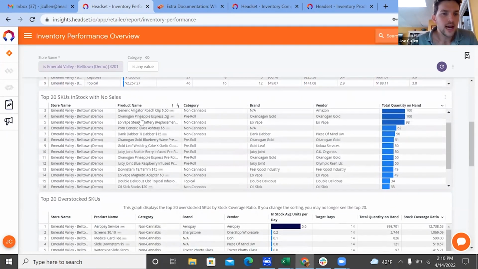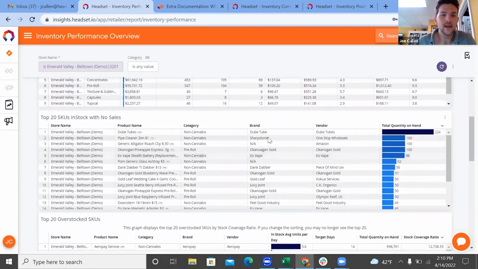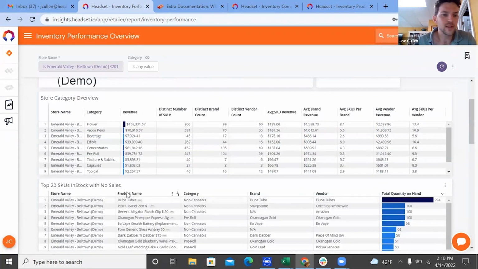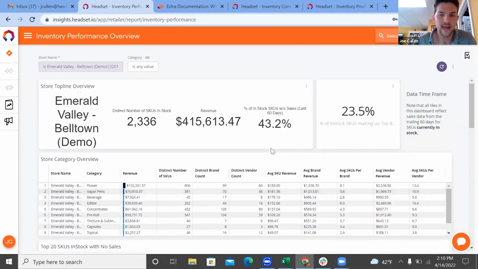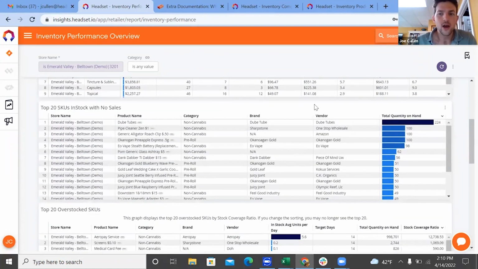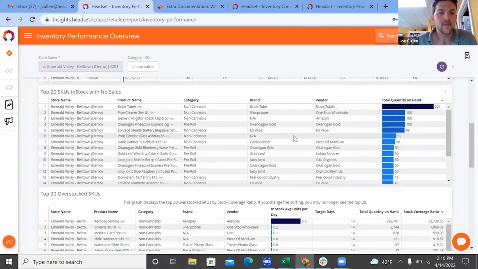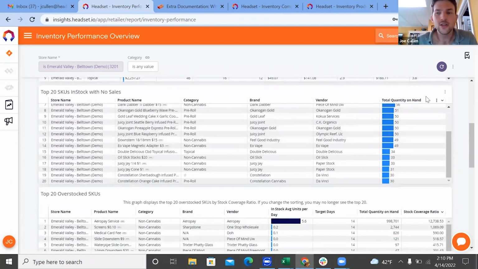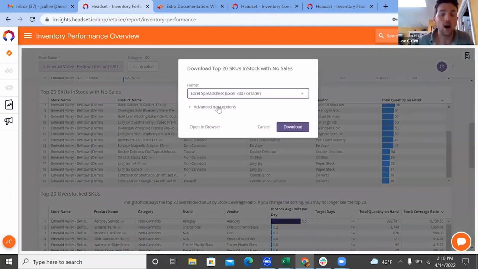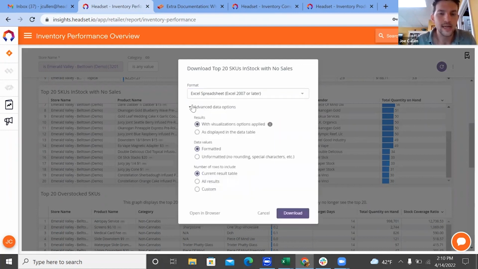Top 20 SKUs in stock with no sales. These are going to be looking at the top 20 SKUs in that 43% that we were just looking at. So this is only going to be limited to 20, but you can actually download this and you can see all of the 43% of the SKUs that were called out earlier in an Excel spreadsheet. So if you do have Excel, if you have the ability to download the data, you can download all of